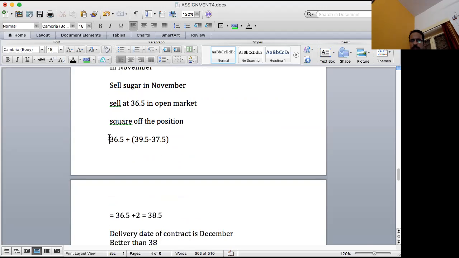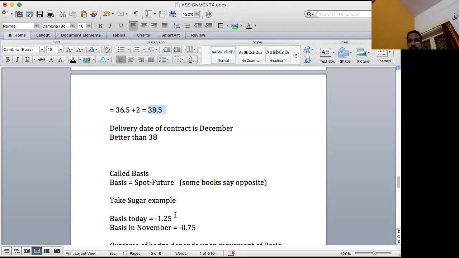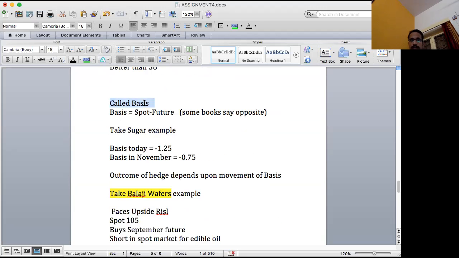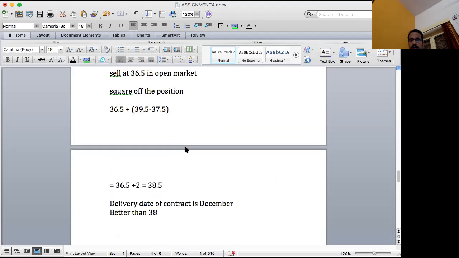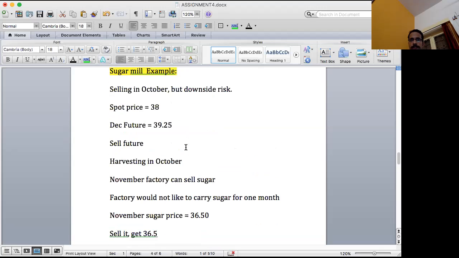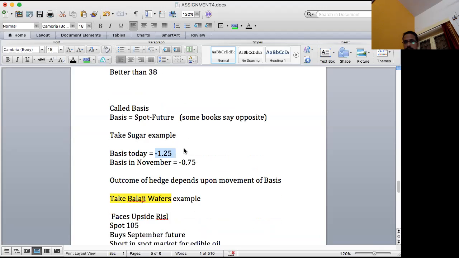He nets 36.5 from selling the sugar in the open market, and 39.5 minus 37.5 from squaring off his futures position. So ultimately his short hedging has given him 38.5, which is more than 38, the spot price in the beginning, right? So even if the delivery is in December, it works for him. Again, if you see the basis here, the basis today is negative 1.25